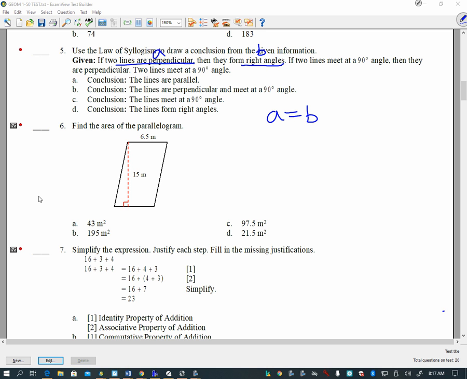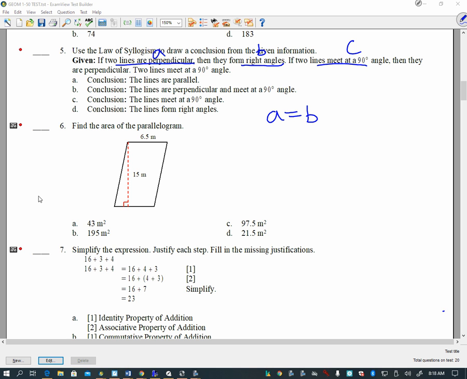All right, if two lines meet at 90 degrees, Jordan, help me out here. What is B? Two lines meet at 90 degrees. You're saying that's B. Is he right? No, he's not right. Why not? We already have a B. What is our B? They form right angles. Okay, so now I have a third thing. What can I call it, Jordan? C. Let's call it C.